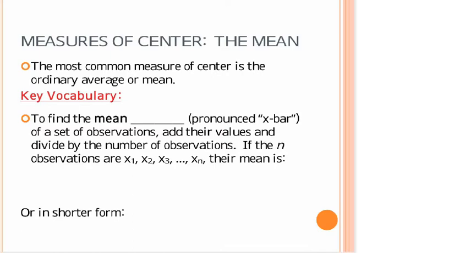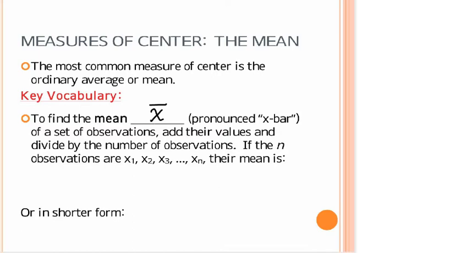All right, back to measures of the center. So let's talk about the mean. The mean is the most common measure of center, and you already know what it is. It's the average. Now this is where we start having some new symbols that we use in statistics, and you're going to have to really know what the symbols are and what they mean. The mean has a symbol, and the symbol is x bar, an x and a bar. I know, shocking. We call the mean, or x bar, of a set of observations